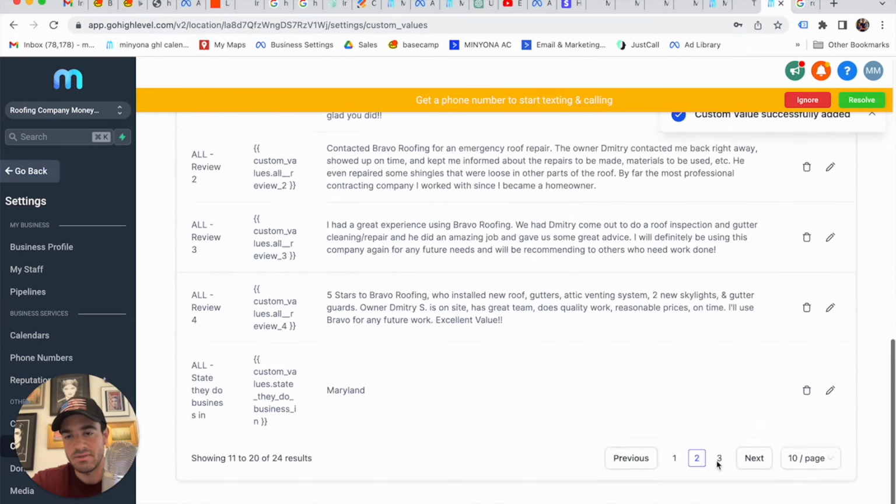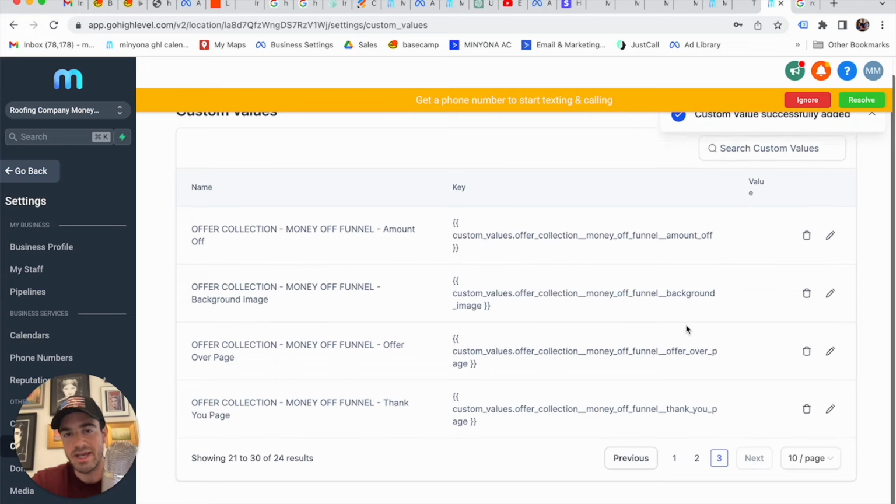And then let's see what we haven't filled in. Go to page number 3. And here are some things we haven't filled in yet. Okay, so